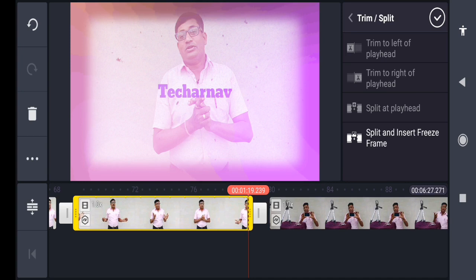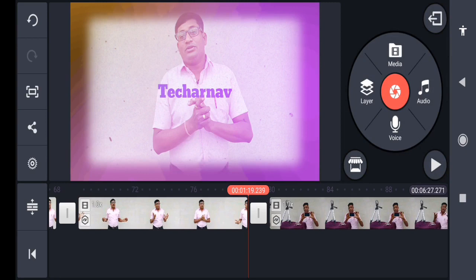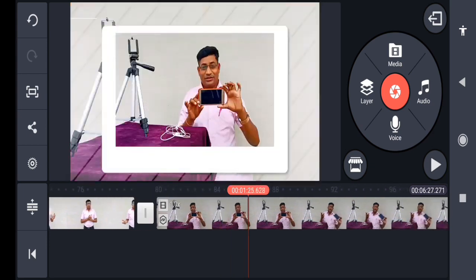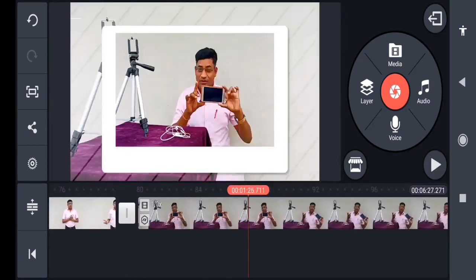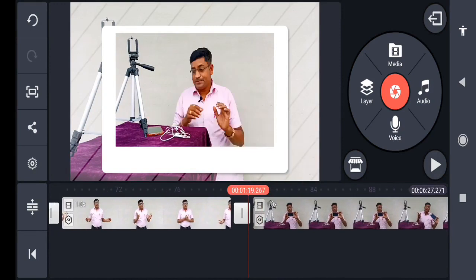Okay, so I will click on the right button. Now see, on the left side there are some buttons at the top left corner. It means the undo, then increase the screen, then the share button, where you can directly share to any other compressor app or anything else. Here is the settings, the play button, and the extend screen button. Okay, dear friends. So now what we will do is go to the layer.